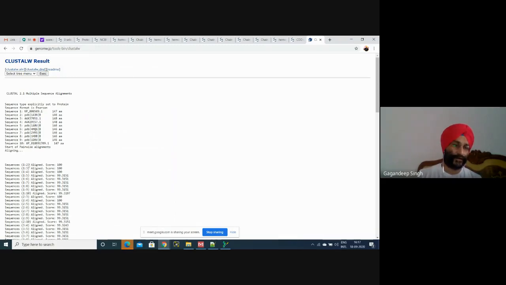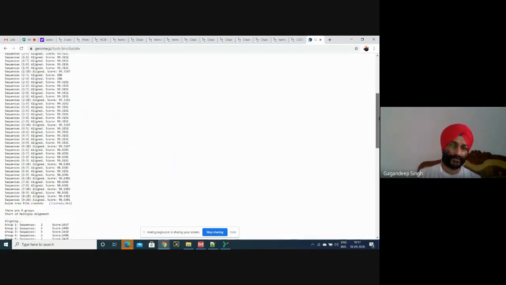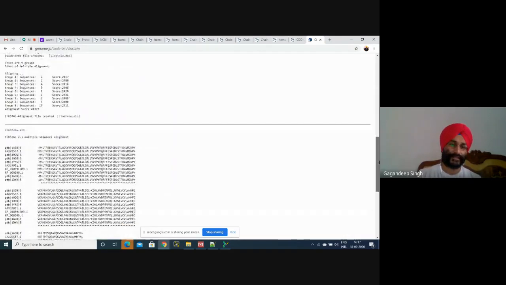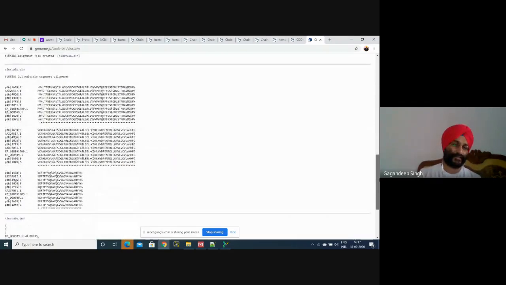From 1 to 100% similarity, the score is going to reduce for the alignment. And this is the alignment score for these 10 sequences. This score is totally the same as when we worked with BioEdit.